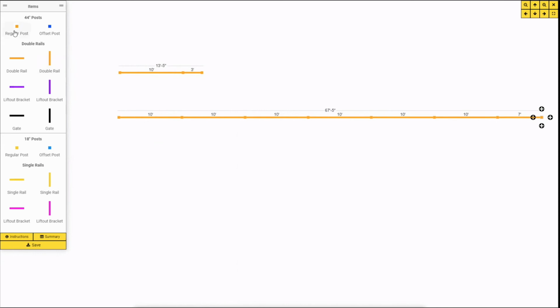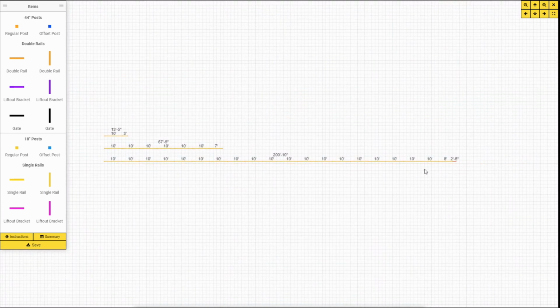A more accurate way to do it is to take a post, add a rail, and now double click on the rail until this dialog box opens up. And in the case of adding 200 feet, you'd convert that to inches, which in this case I believe is 2,400 inches. I'm going to the right, so I click done, and it will automatically go and create the rail system that you need. So when you zoom out to the overall size, and now you'll see your entire configuration,